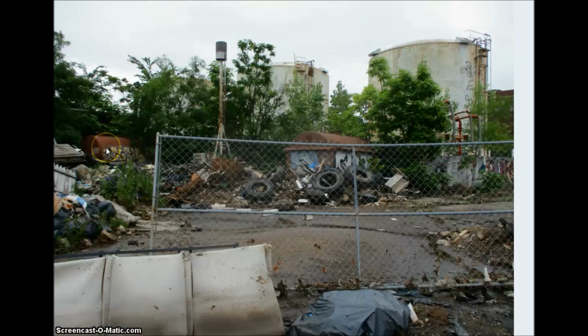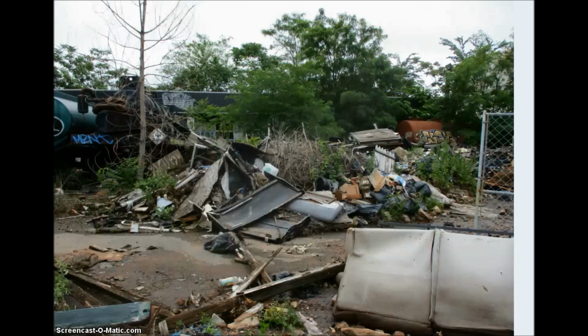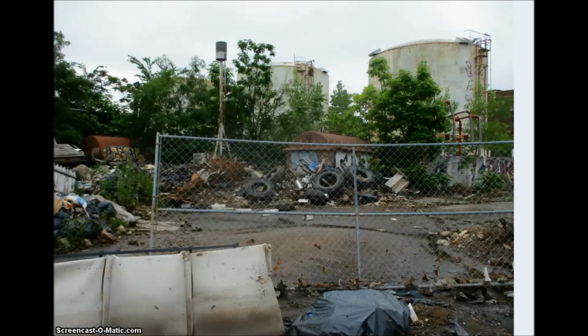That's a railroad car, isn't it? Let me jump back one. Is that a tank or is that a railroad car in there? I didn't go all the way back there because I didn't want to climb the mountain of debris. But anyway,